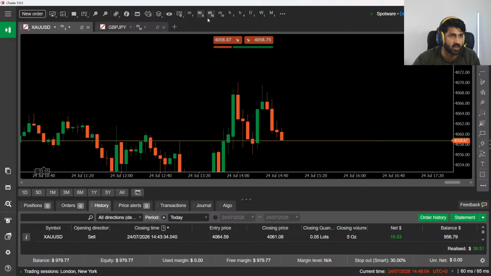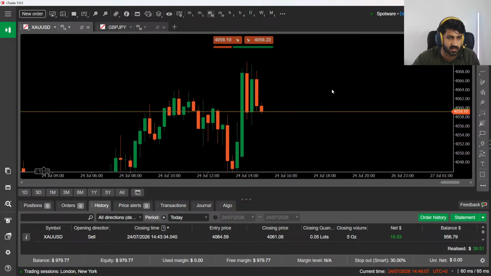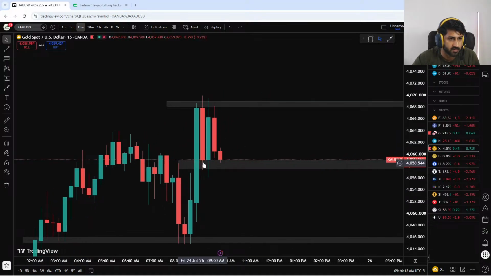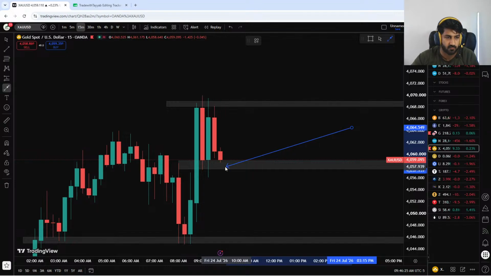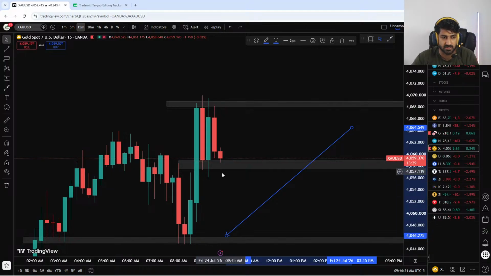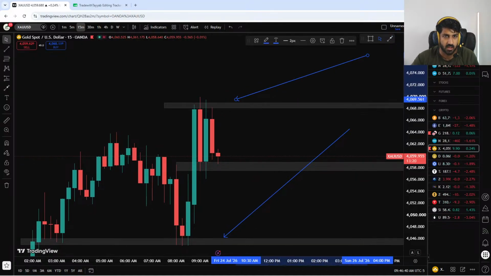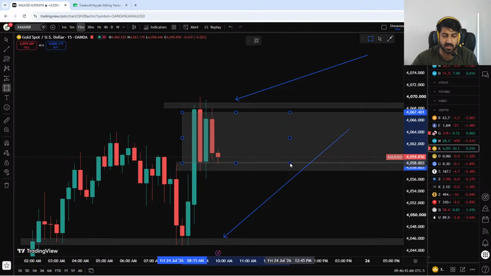40 pips in profit. The reason why I closed is because if we take a look here, I will just bring this chart. On a 15-minute time frame, I have a support that is formed and I have a resistance. So I closed my position right here because of this support. I would want for price to close below this area, for price to continue to push down at these lows. So I'm going to wait for price to close below this area or reject this area. Maybe we can get a close above this resistance for price to continue to push up. But trading here is not going to be beneficial for me because price doesn't even know what to do.